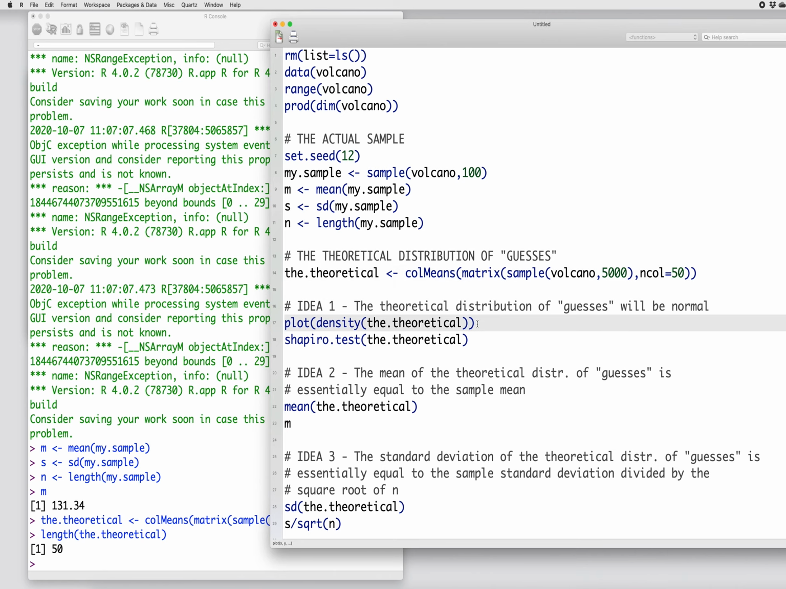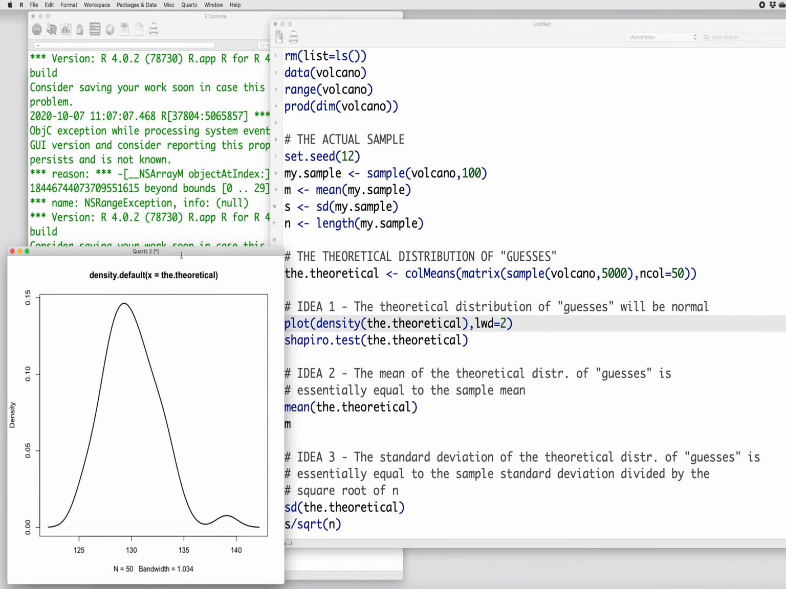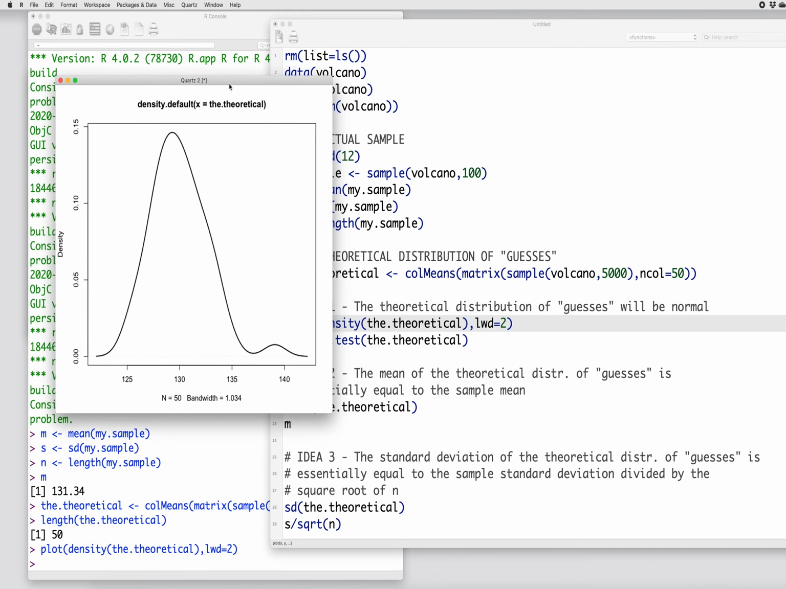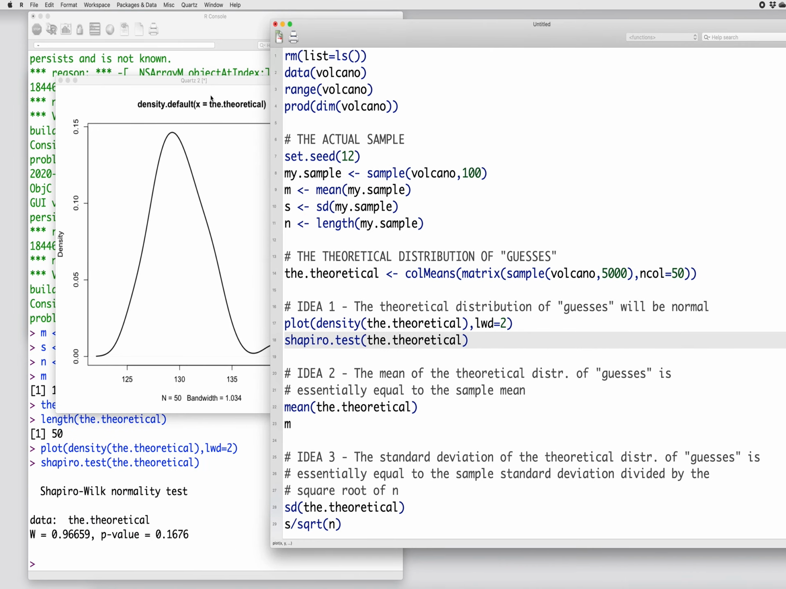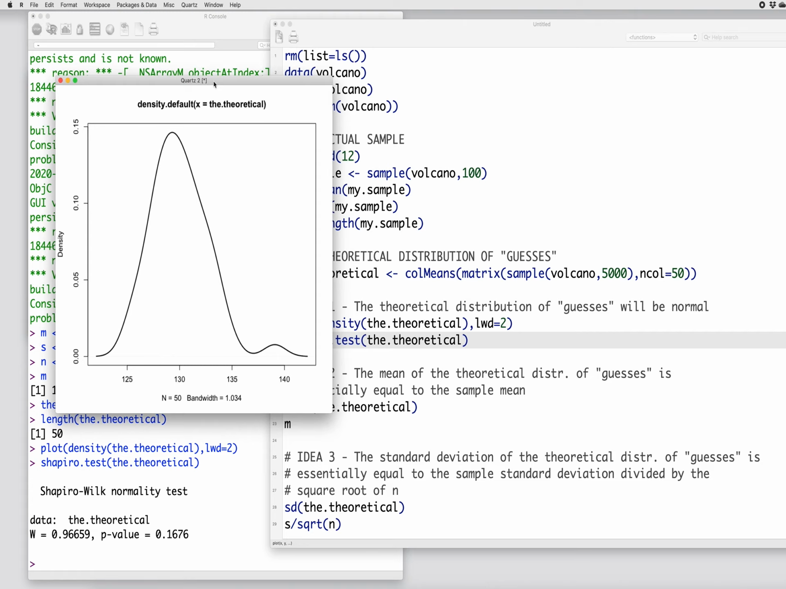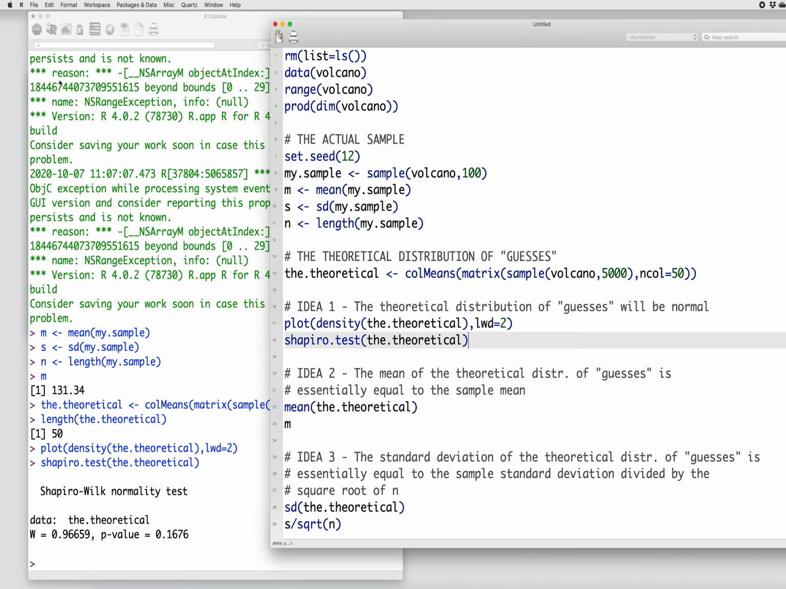So let's take a look at this. I'll make this line a little bit thicker so that we can see it. But here is our distribution of our guesses, and it is primarily a normal distribution. We somehow accidentally, in one of our 50 samples, had one sample that happened to randomly grab 100 points that were a little bit higher than the mean, so we do have one oddity here. But our data are normally distributed, and in fact, we can submit it to a Shapiro-Wilk test, and these are normally distributed data. So the theoretical distribution of guesses is normal,